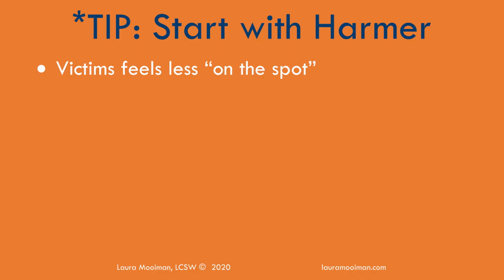One tip I have for you to make your circle go smoothly is to have the person or the people who did the harm go first to answer that question, what happened? If they've been prepared well by you, they're going to come ready to take responsibility for what happened. It also helps the victims feel less on the spot and less vulnerable because they don't have to go first. And when other people hear them taking ownership and responsibility, it seems to lessen the indignation of the other people.